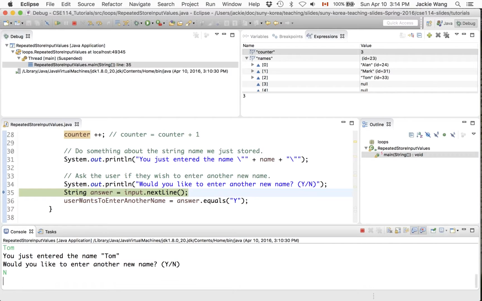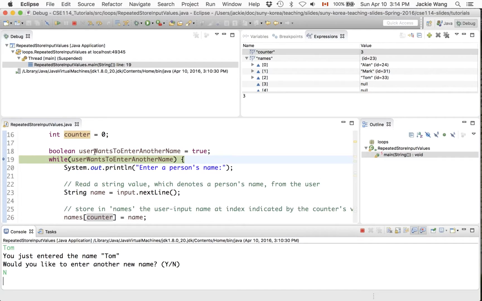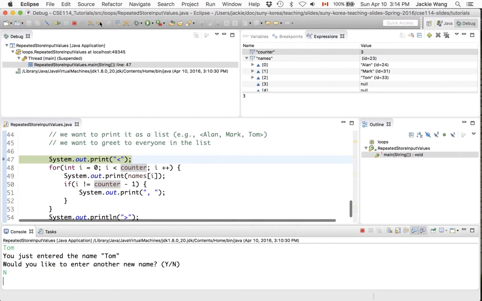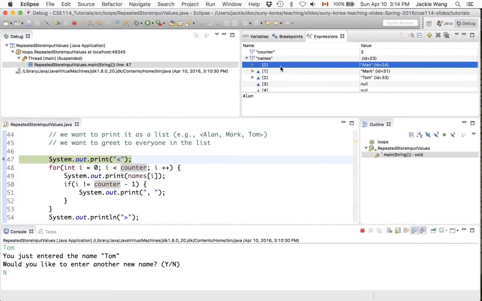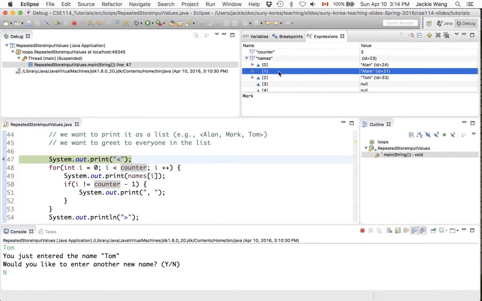Okay, so now if you say no here, user wants to continue has been set to false. So now we're actually going to exit from the while loop. Up to this point, you can see that the counter value has now been set to 3. It was initially 0, but after we store Alan into position 0, we incremented the value of counter from 0 to 1. And then after we store Mark into position 1 of the array, we incremented the value of counter